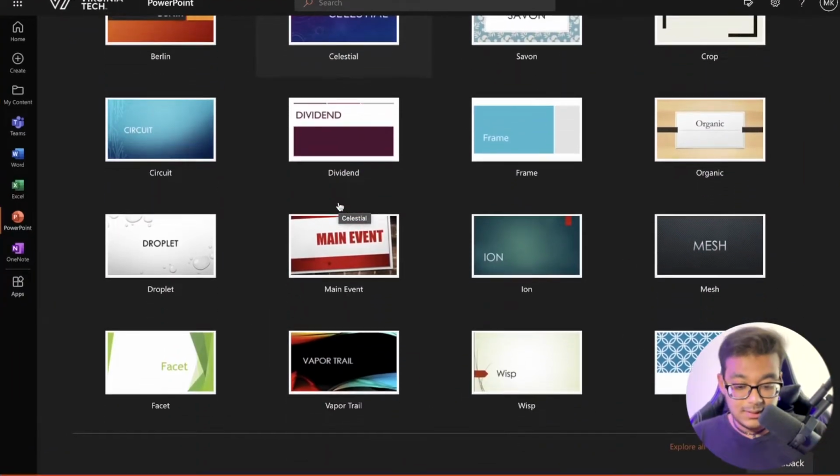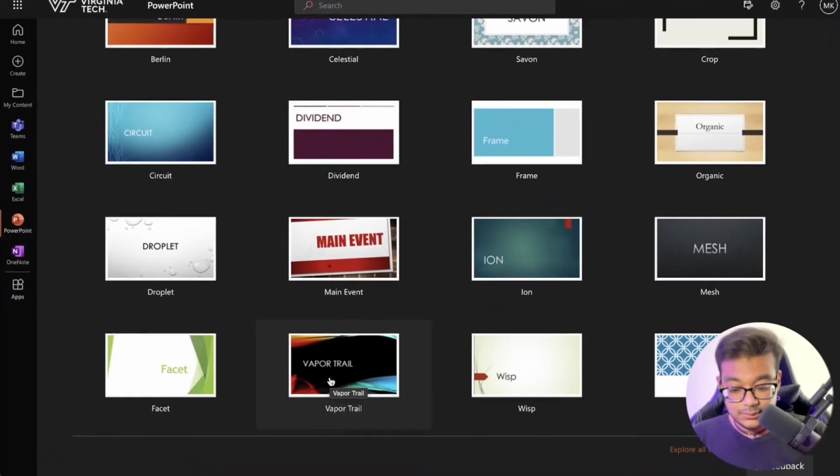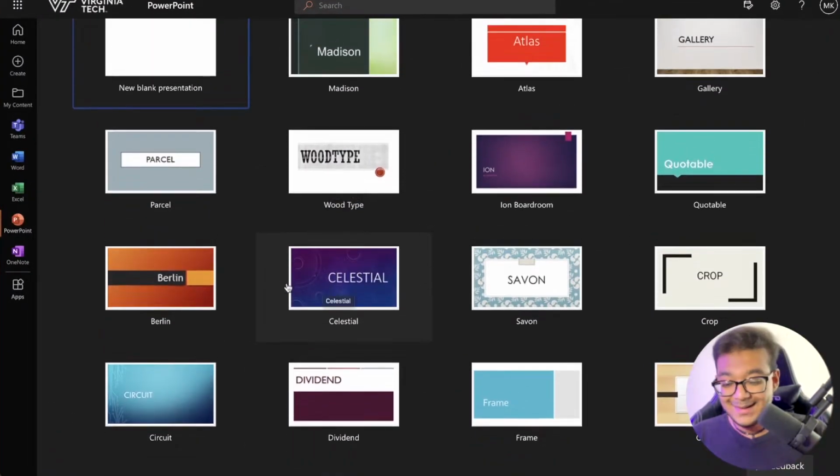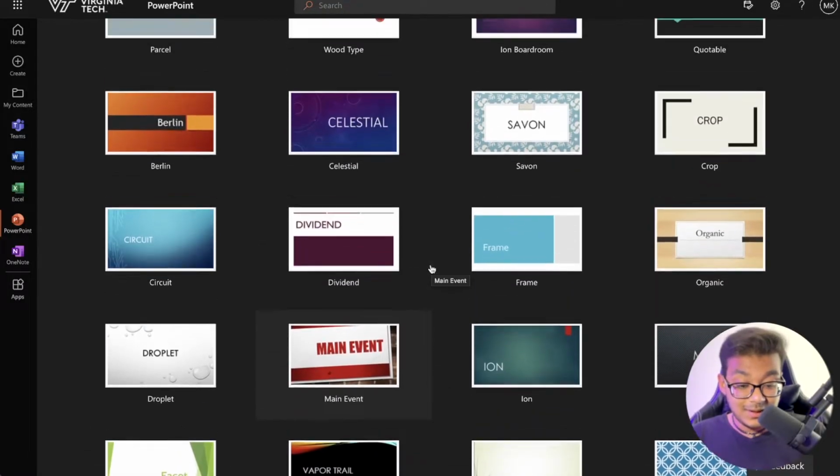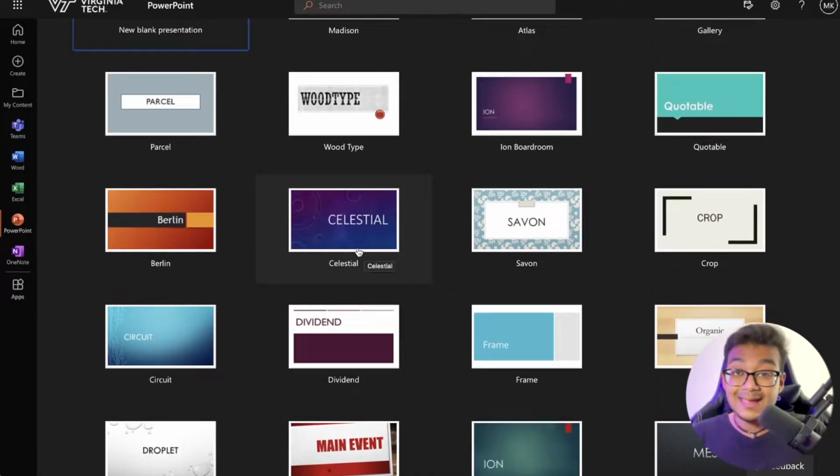Celestial has a nice gradient to it. Don't use Vapor Trail unless you're in middle school. But overall, these templates are similar to Google Slides in that they're not great. They have a bit more potential to be better, but they're still tacky and a little bit much. They're not something that you'd want to